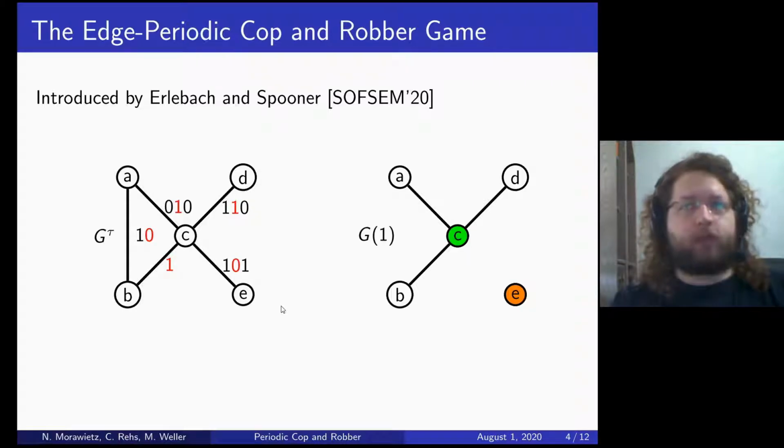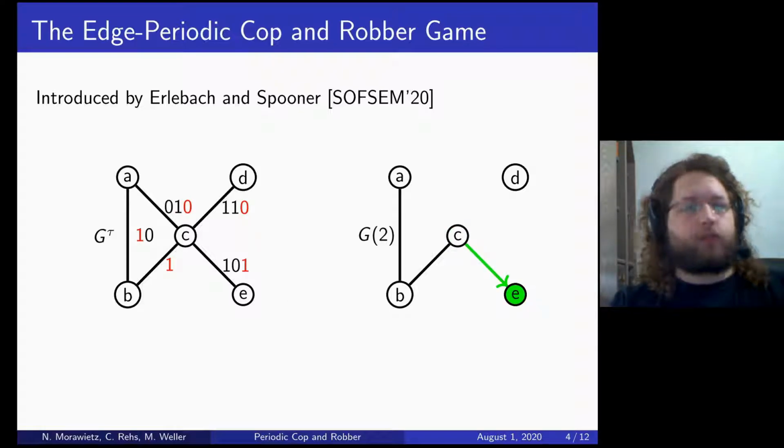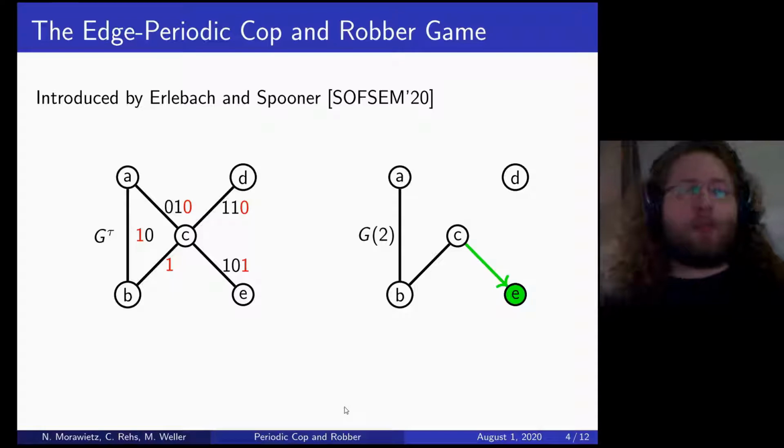He has to stay there. So now again, we increase the time step by 1. We look at the graph G of 2, and here the cop can move from C to E and catch the robber and win the game. So in this graph, the cop had a winning strategy, and Erlebach and Spooner showed that we can decide in